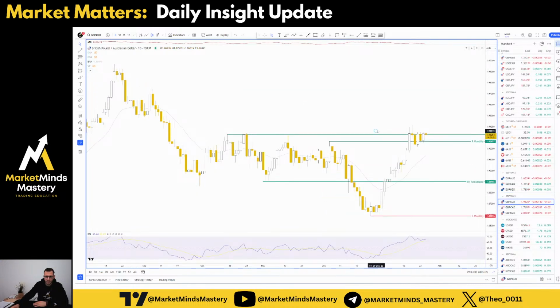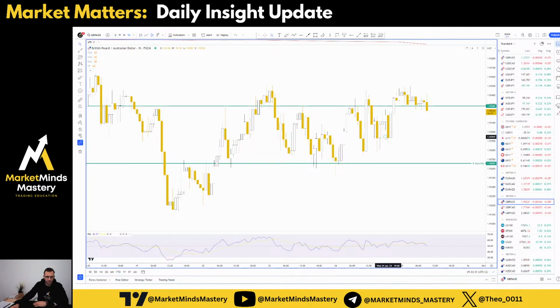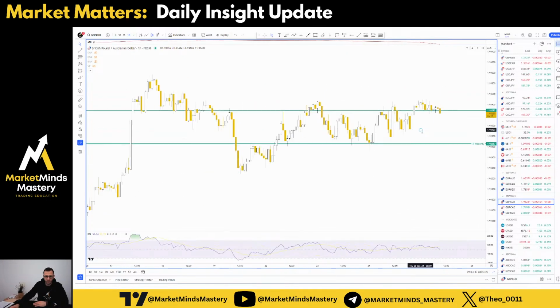Pound Oz, we were looking to short on the intraday time frames from this resistance. Some good opportunities were here, but now one bearish candle, one bullish candle, one bearish candle, one bullish candle. So balances are equal, and if you check the hourly chart, you're going to see this choppy environment